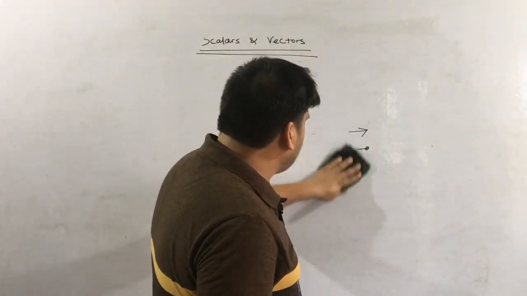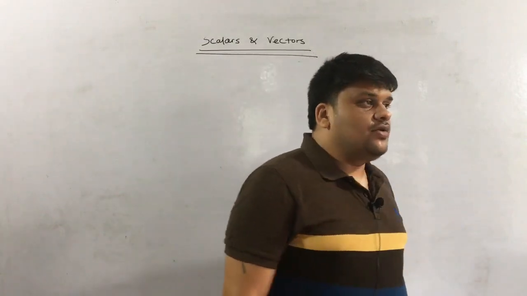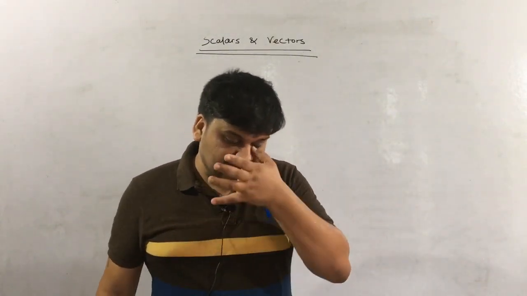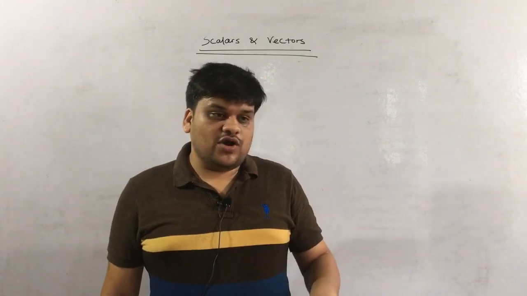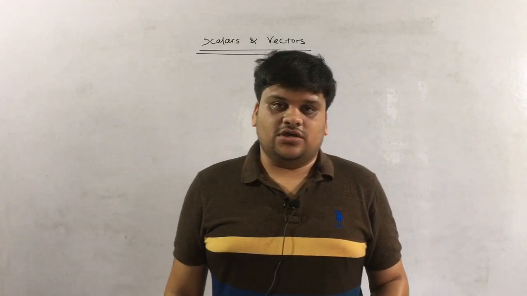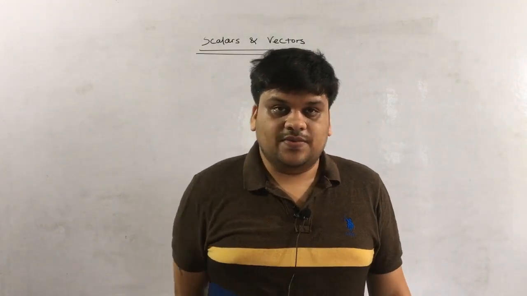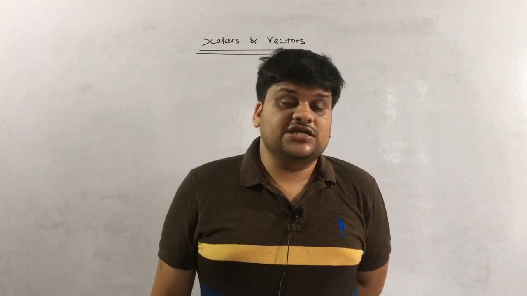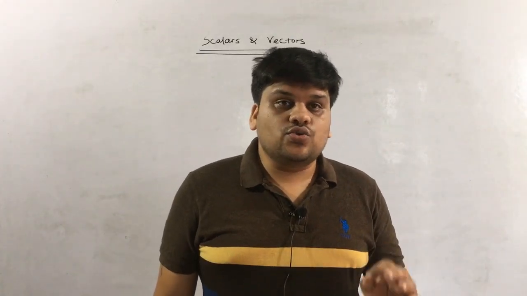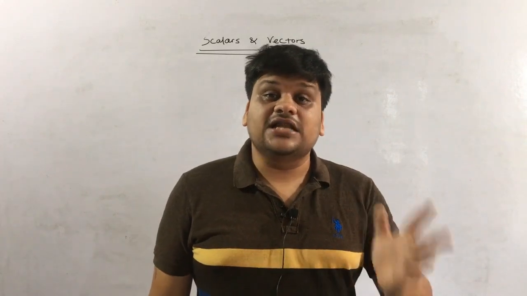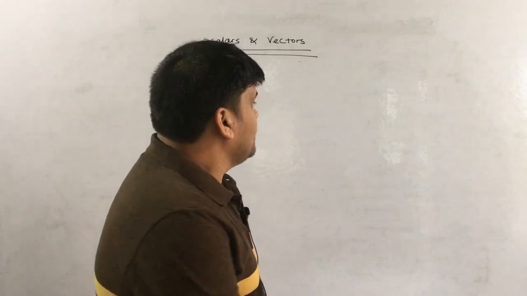Now why is current a scalar? There is some problem in our definition. Our definition should be like this: a physical quantity which has direction is okay for the maximum of physical quantities, but some physical quantities have direction but still they are scalar, because we can add them algebraically. Now let us understand what we mean by this.